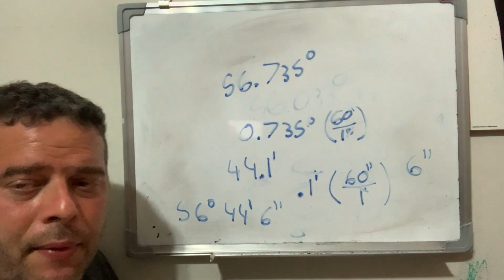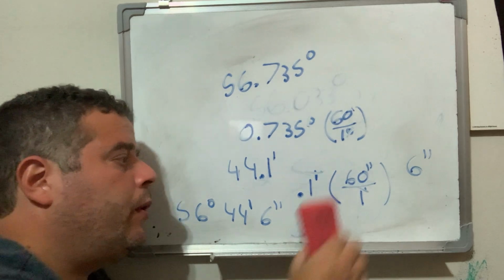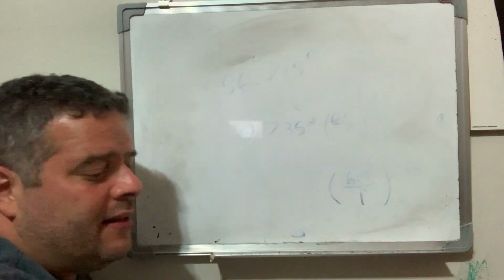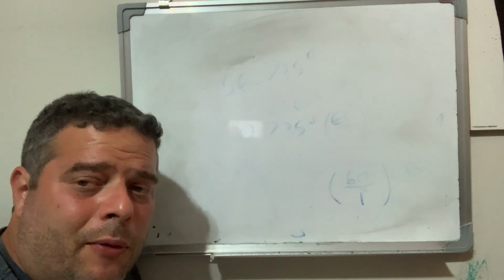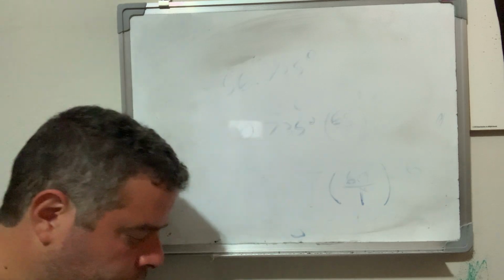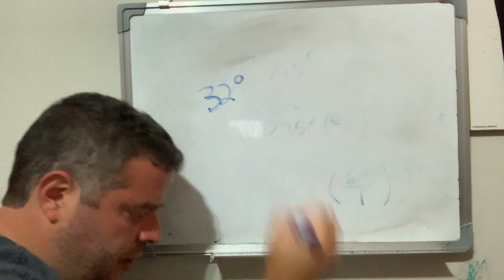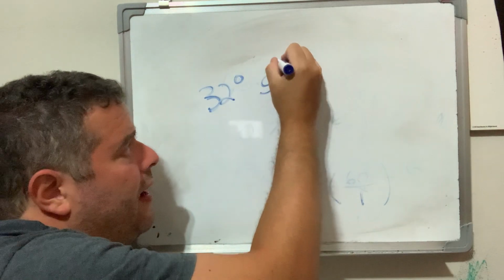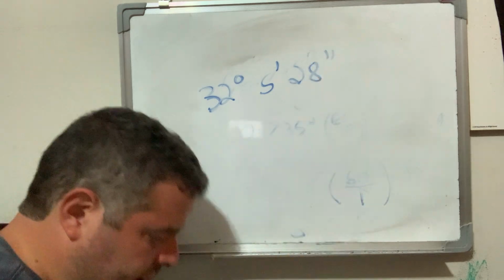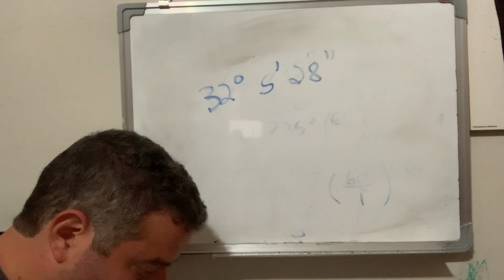Now we're going to do the opposite. We are going to be given DMS and we're going to turn into degree decimal. And it's pretty much the exact same thing, only backwards, and you flip the fractions. That's pretty much it. Well, let's go over an example. Here I have 32 degrees, 5 minutes, 28 seconds. And again, the first thing you're going to do is,